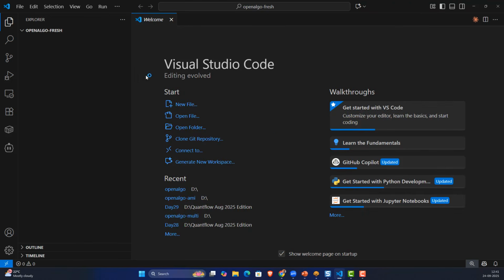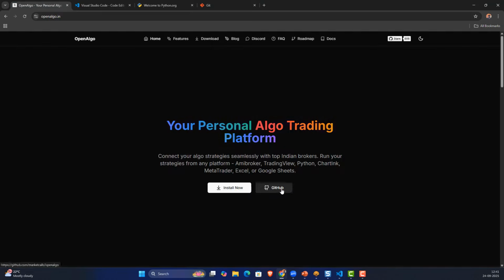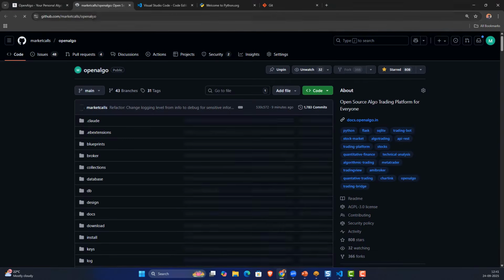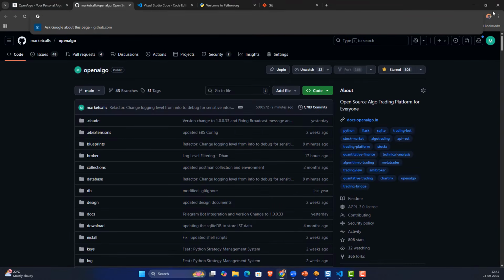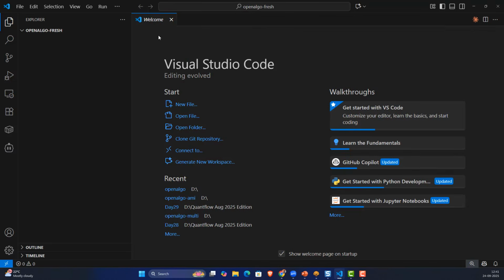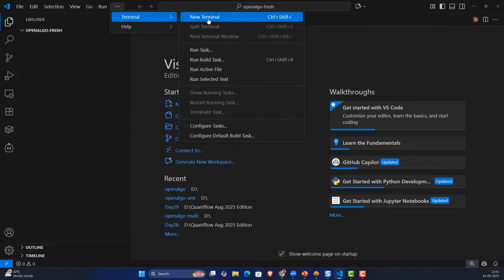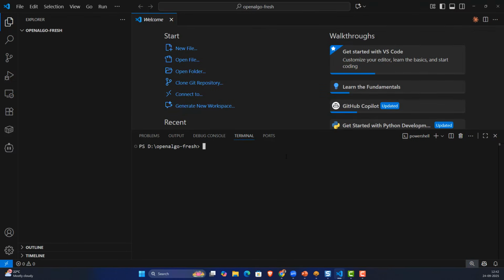Once this is done, I'll go to OpenAlgo. From here you can go to the GitHub link and copy it. Now come back to VS Code and open the terminal. From the terminal, first ensure that all the required installations are there. Check the Python --version to ensure that Python is installed, followed by Git --version